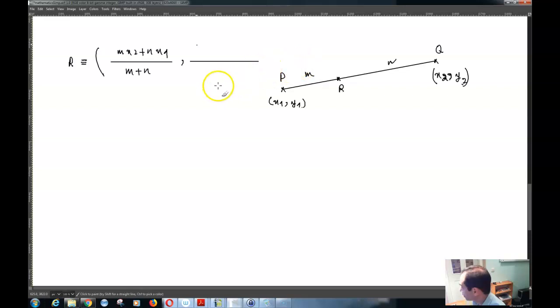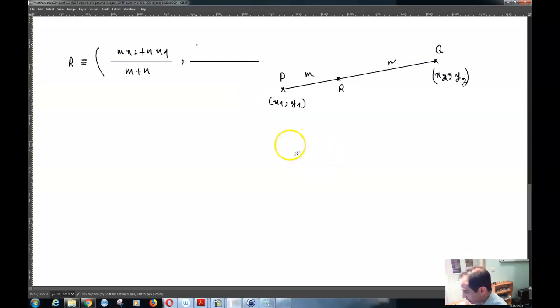Meaning that if you have, let's say this is A and this is B, and this is C, and C divides AB externally in the ratio 3 to 1, we want to locate point C, and know the coordinates of the point C. And in order to do that,